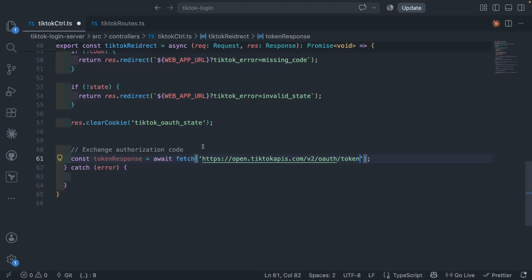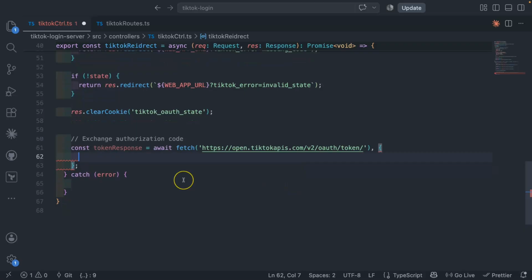https://open.tiktokapis.com/v2/oauth/token/ and it ends with a slash. Okay, so you can pause the video and copy this. Make sure you copy the correct thing. And then after that I'll add the curly brackets. We can specify our method. It's going to be a POST request. Okay, it's going to be a POST,